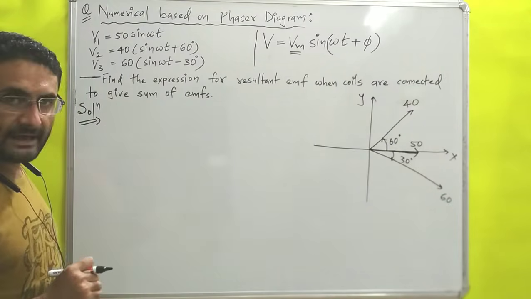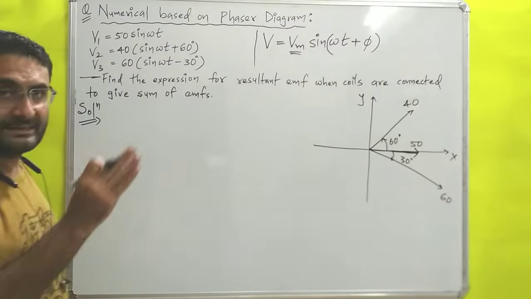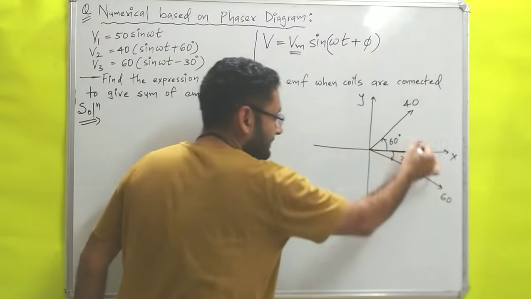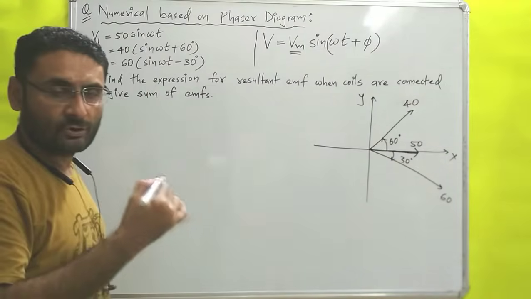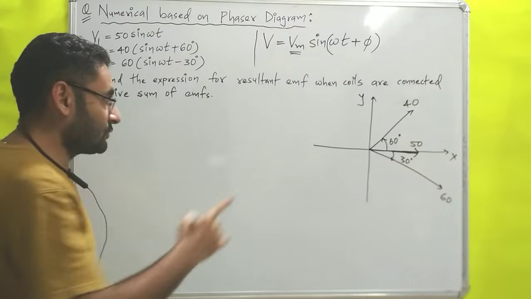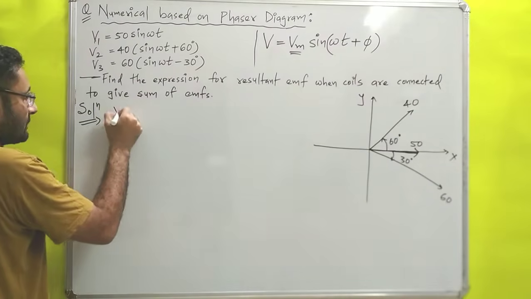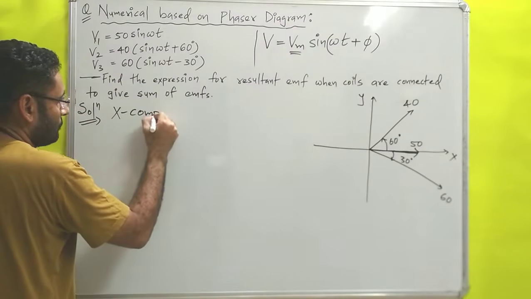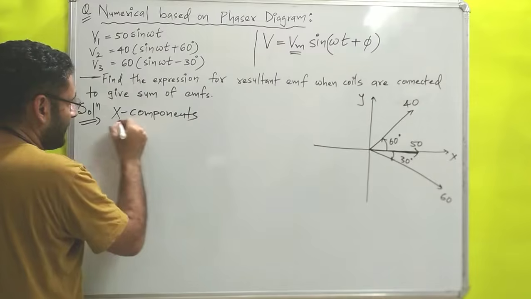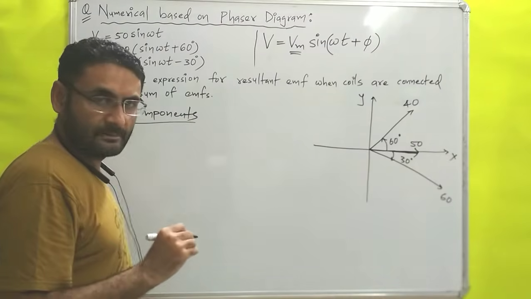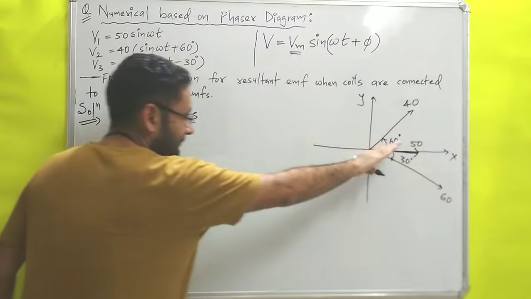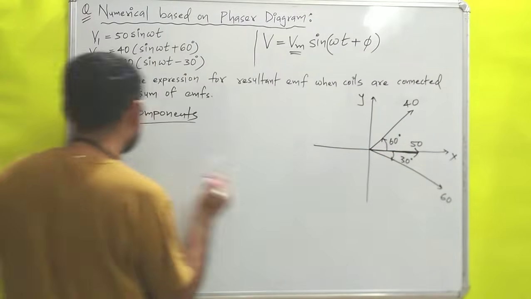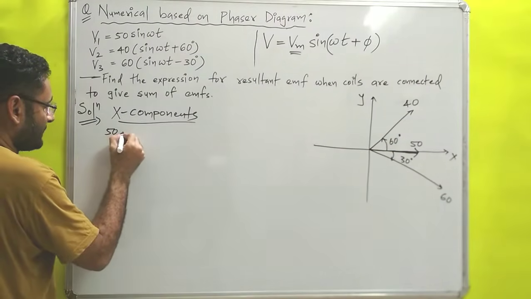Now what we can do next is first write down the x components, because we want the resultant of these three, 50, 40 and 60. So we have to go for vector addition. First of all I will write the x components. X components means cos components. So first, for 50, the angle with the x-axis is 0. So I will write 50 cos 0